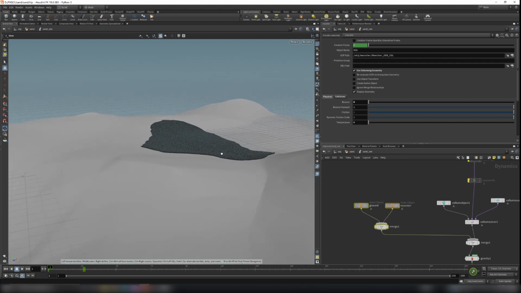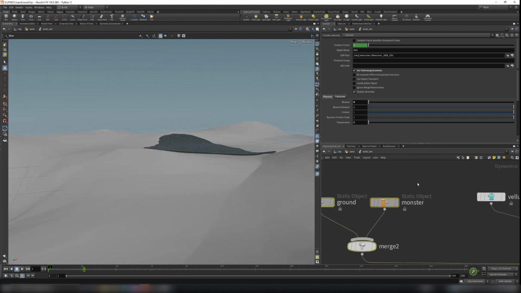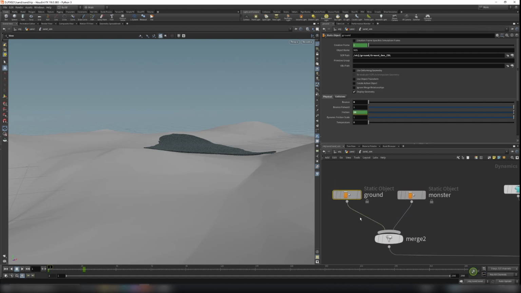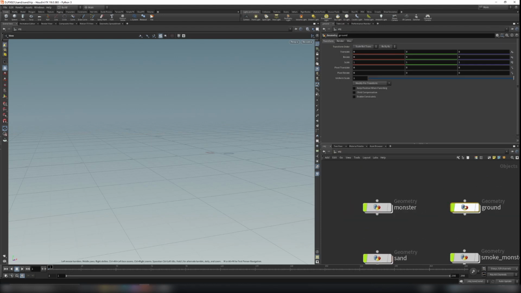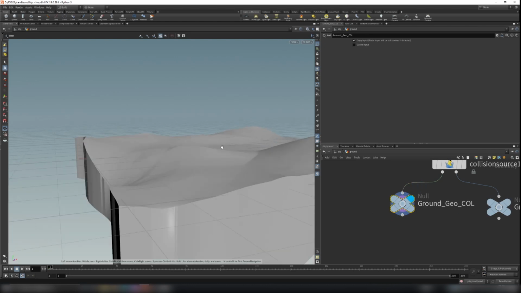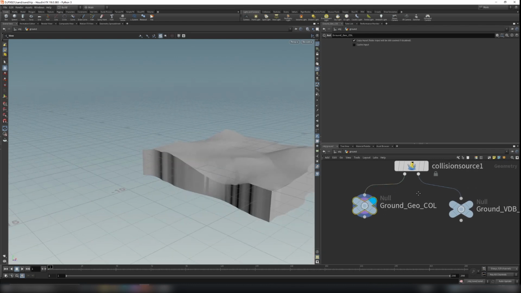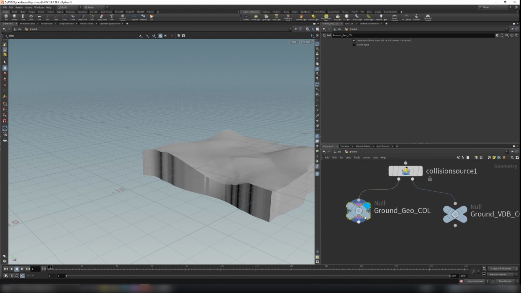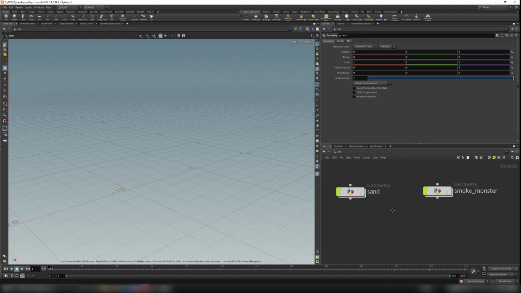You can see we have the collider here, and for collider here, you can create a static object, and the SOP path here is the one we create here. So the SOP path is the one here. It's the polygon. Okay, and we can copy it and paste that into the SOP path. And let's go back to the